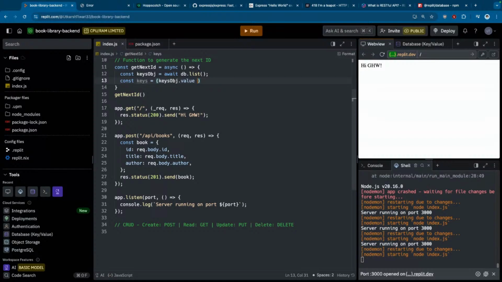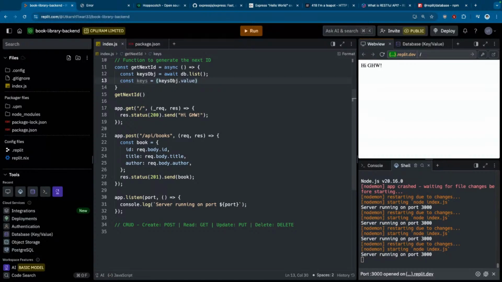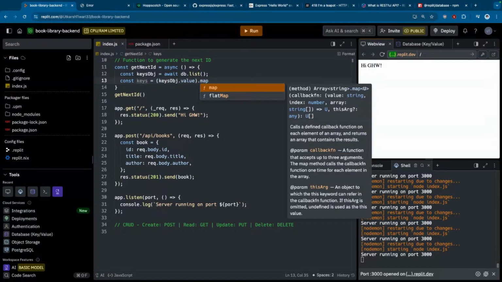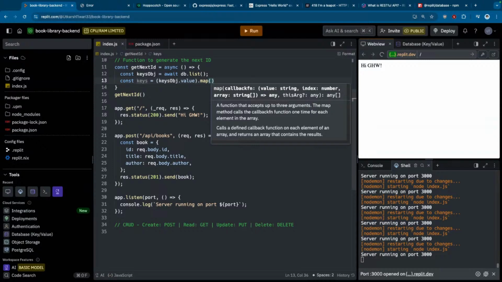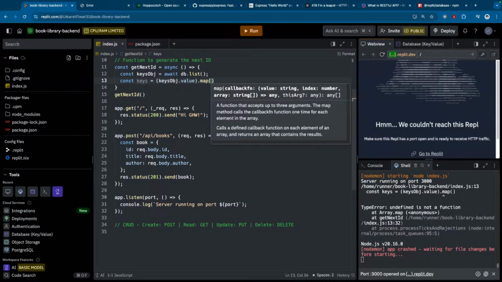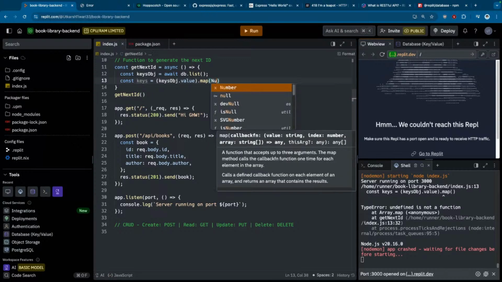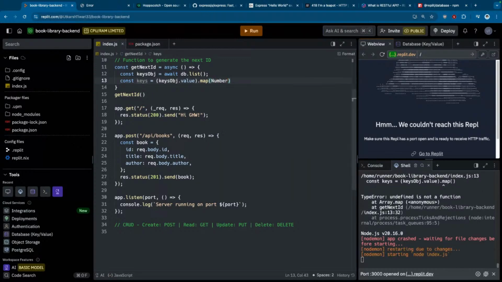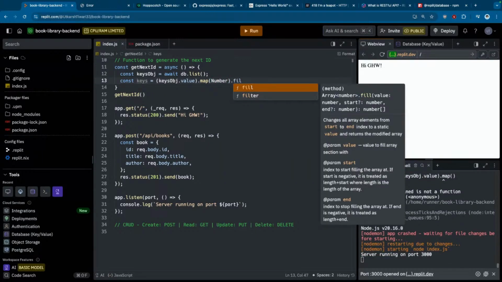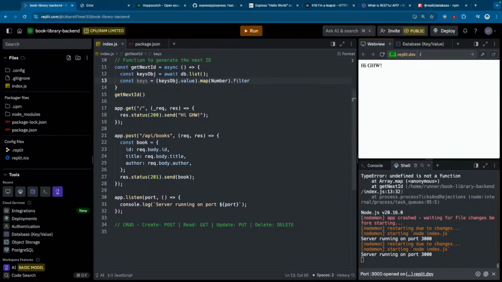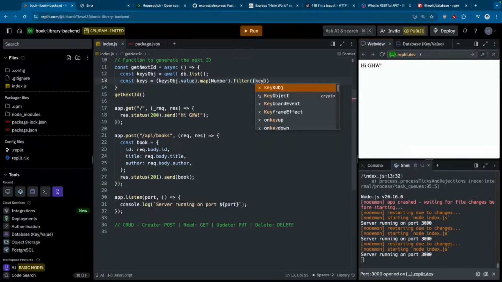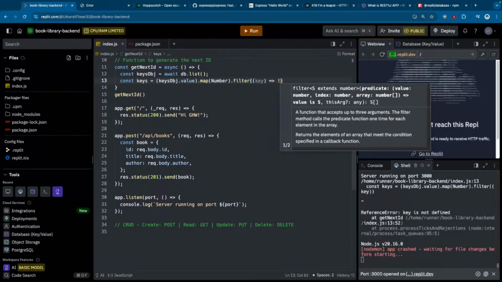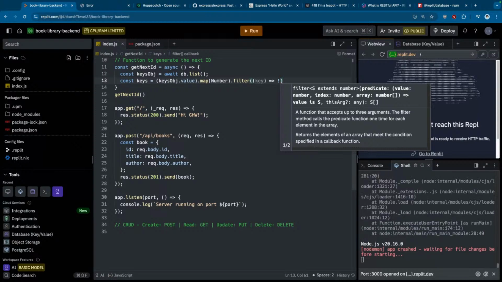Or you can do like an or empty, but let's ignore that. So keysObject.value.map, and on the map I am actually going to say that it should filter out the numbers